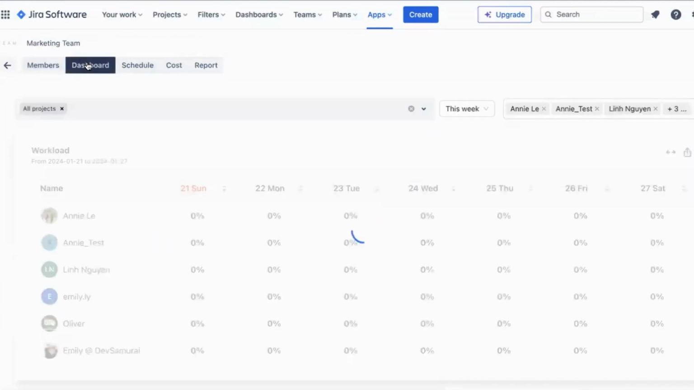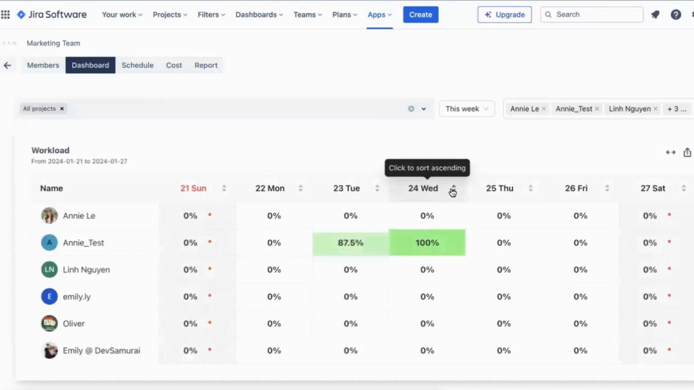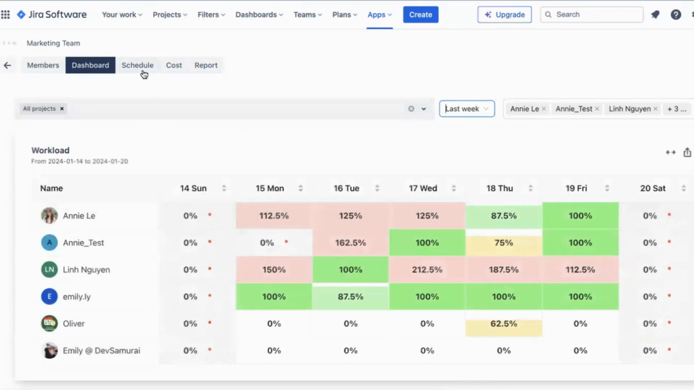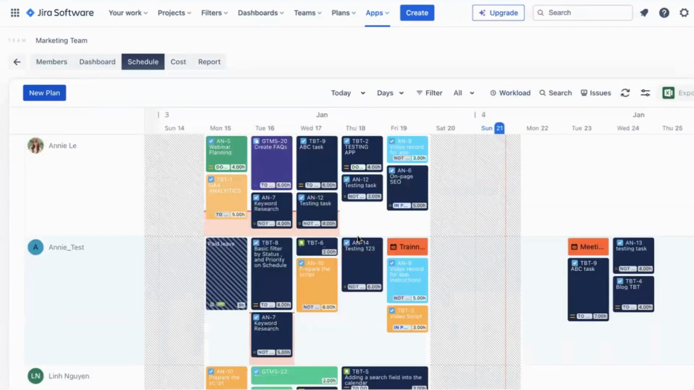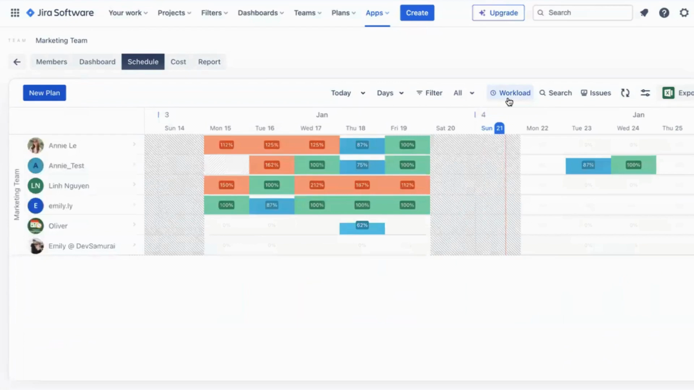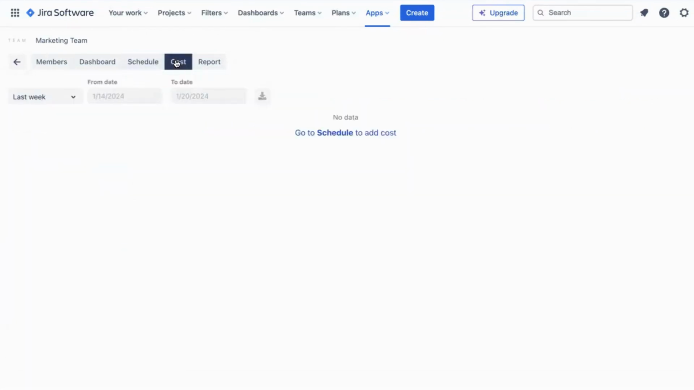Then navigate to the dashboard to get an overview of all activities, like the achievements and challenges faced by your team. And then the schedule tab will help you track scheduled tasks of each member as well as their working capacity and workload management. So the cost tab,